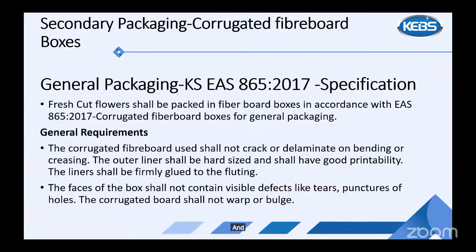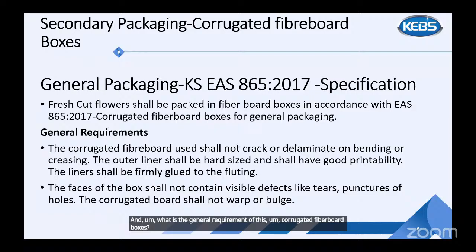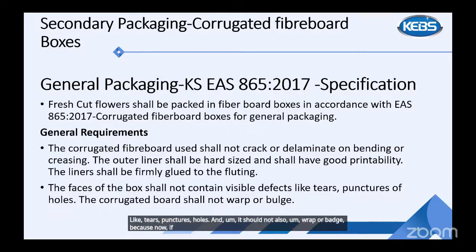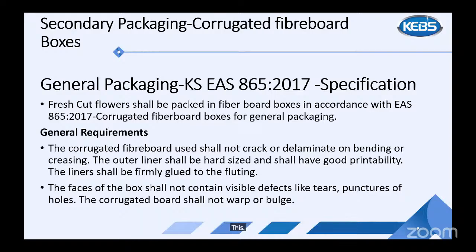And what is the general requirement of these corrugated fiberboard boxes? The corrugated fiberboard used shall not be cracked or delaminated or warped or creased. The outer lining should be hard sized and should have good printing. Then the lining should be firmly glued to the fluting. Also the face of the box should not contain visible defects like tears, punctures, holes, and it should not also warp or bulge,